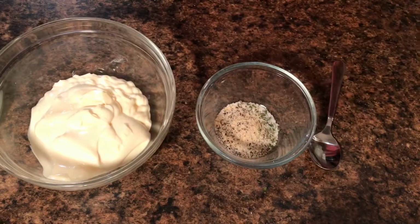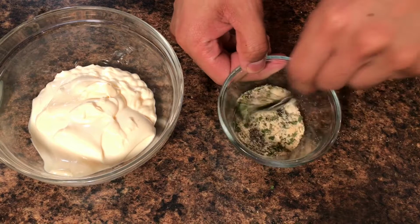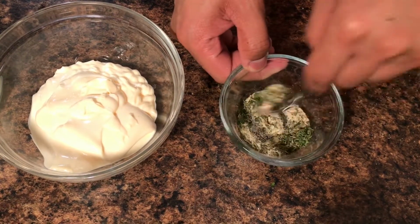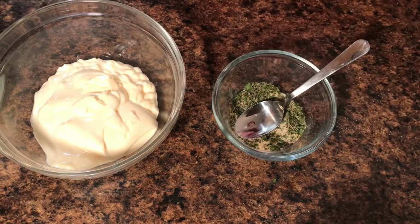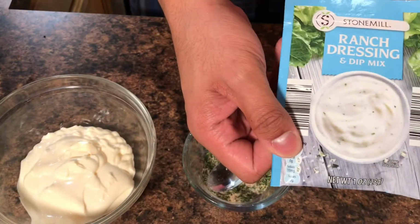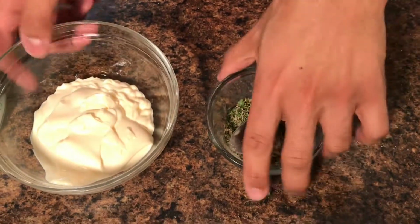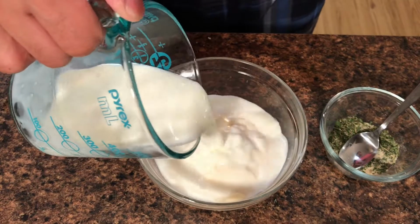Once you've added all of your spices in, just give it a little mix, and that is essentially your ranch dressing mixture. If you don't have any of these spices on hand, you can definitely just use a ranch dressing packet as well. Now you're going to add your 1 cup of milk into your 1 cup of mayonnaise,